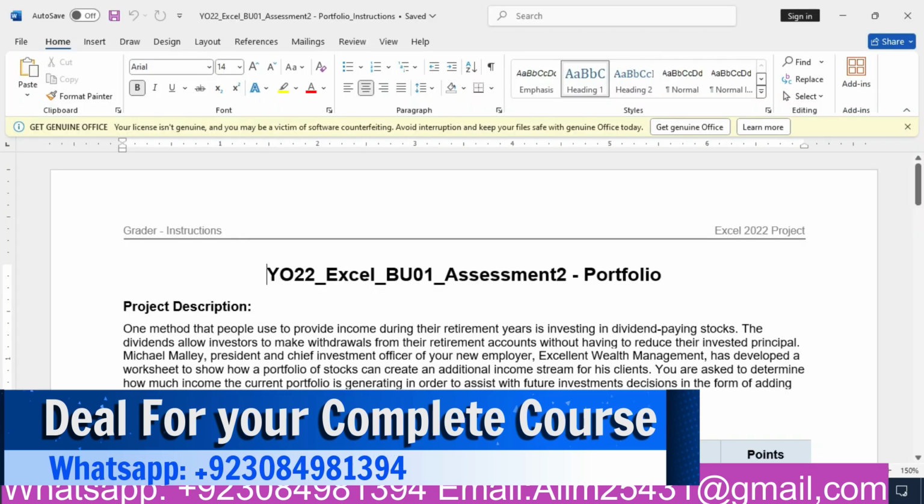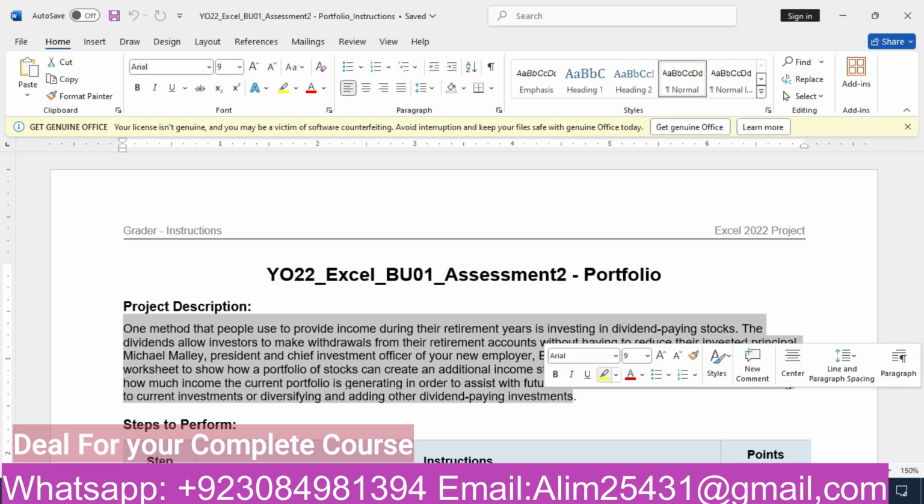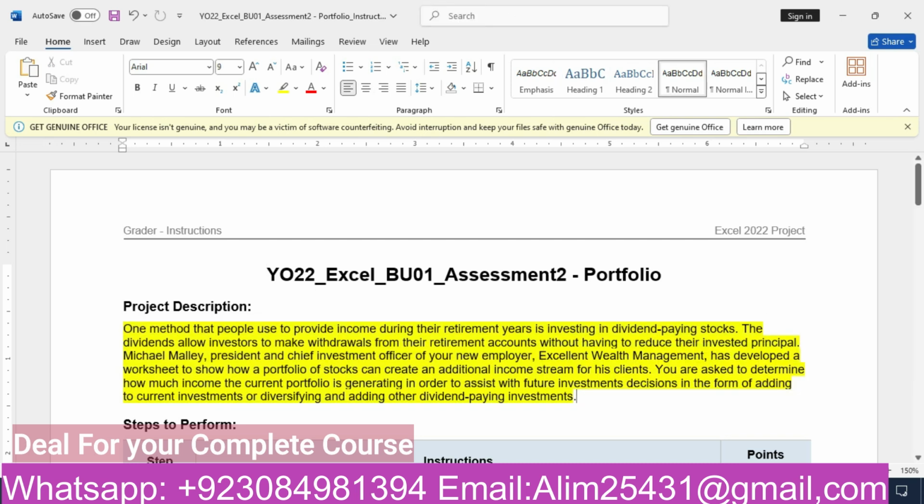Hi everyone, today I am going to solve an Excel assignment, YO22 Excel BU01 Assessment 2 Portfolio. In its project description, one method that people use to provide income during their retirement years is investing in the dividend paying stocks. The dividends allow investors to make withdrawals from their retirement accounts without having to reduce their